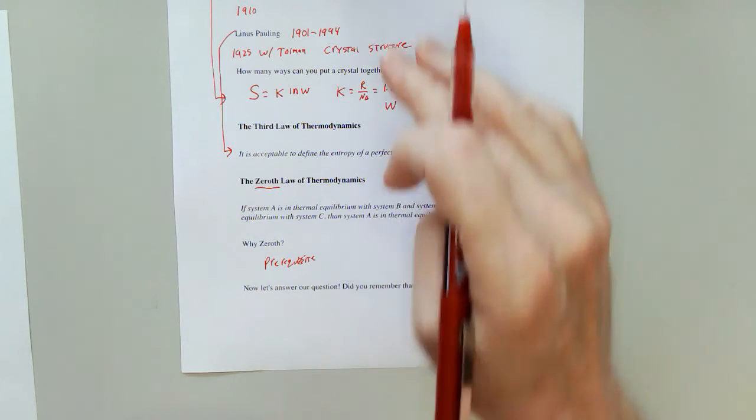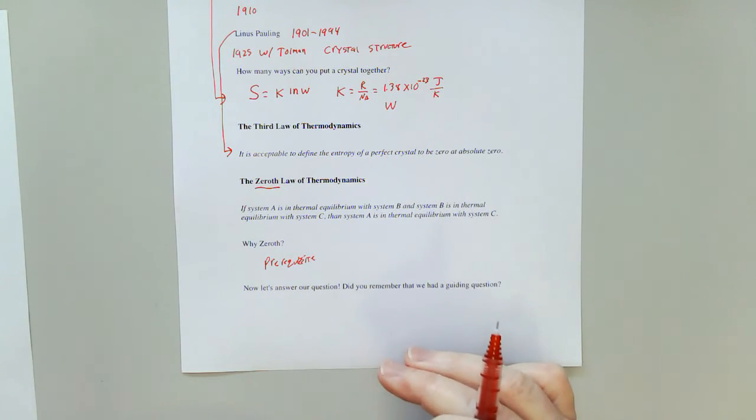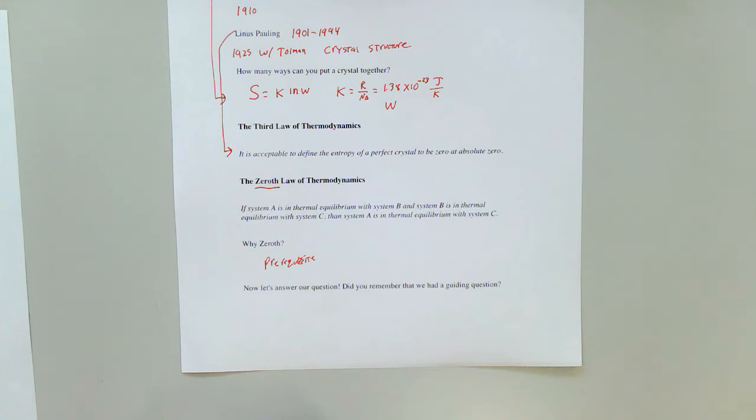So, those are the laws of thermo. And with everything we've established now between pages 1, 2, and 3 of this outline, I wonder if you actually remember the question that we set out on page number 1. And that question is, if left to itself, will a given reaction happen without outside influence? And we are going to use the concepts of enthalpy, entropy, and temperature to answer that question. And that will all start